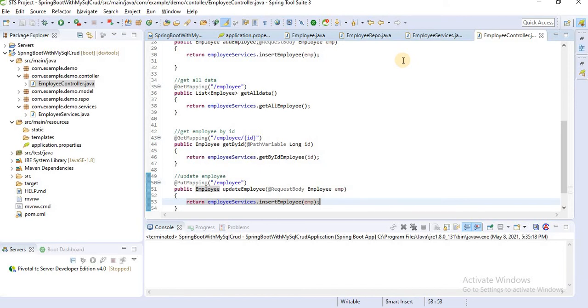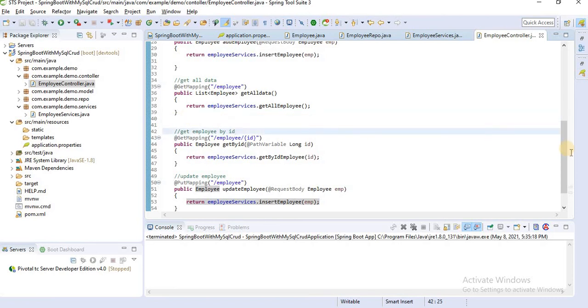Whatever payload we pass, if that payload has an ID parameter, then it finds the matching record by ID and updates that record. So the same one method, save, is used for both purposes: update as well as insert. If there is no ID, it will insert that record. If there is an ID, it will update that record.